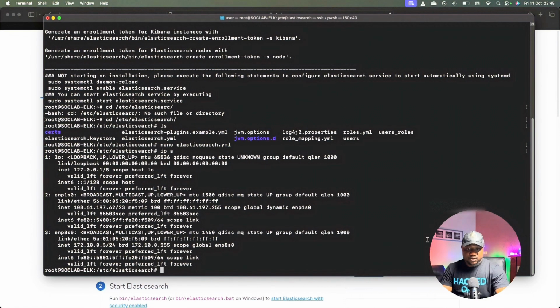Now, the IP address here, the first one is the loopback IP address, but the next one here is the public IP address, because the last one is just showing us the IP address that we configured when we were configuring the VPC. So this one is our public IP address. So we copy this IP address, then head back to the configuration file